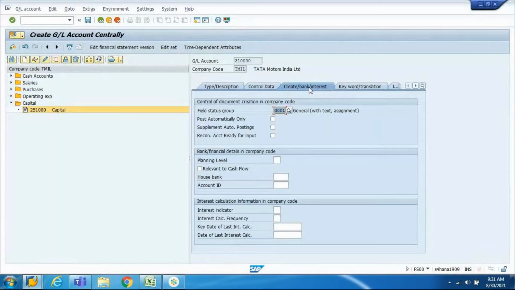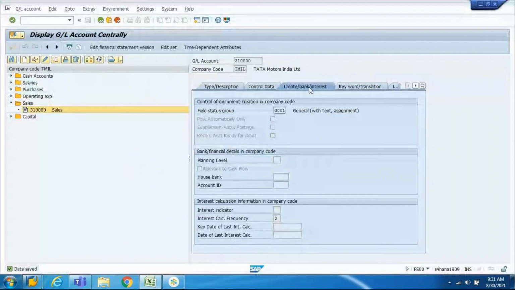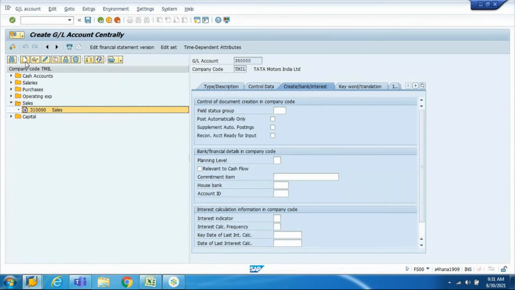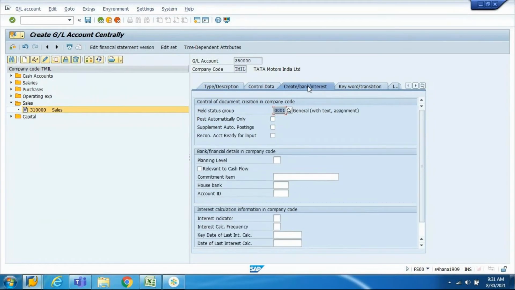Correct? Sale. The last account is discount received. Create discount received P001. If you notice, I'm not looking at any other fields, right? I'm simply here create bank interest. I'm giving G001.